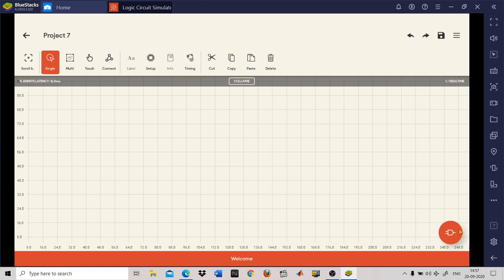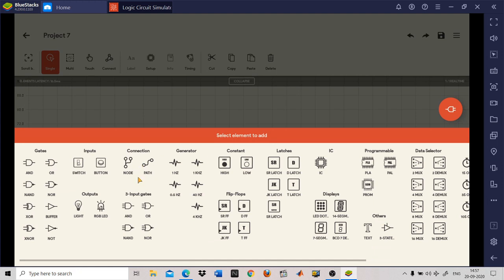So you have to click on this component tool. After clicking on the component tool, you have n number of elements in front of you. So select XOR, then the AND gate. When you click on the AND gate and the XOR gate, your elements are added automatically. Similarly, you require two input variables, so you require two switches. You click on the switch twice. Now here you click two outputs. We are taking light as our output.